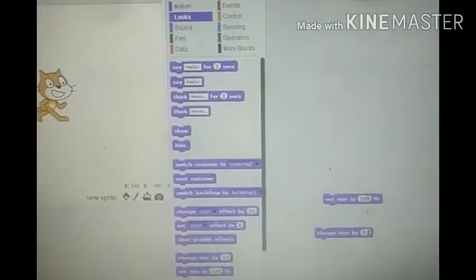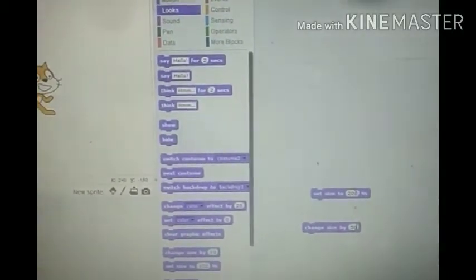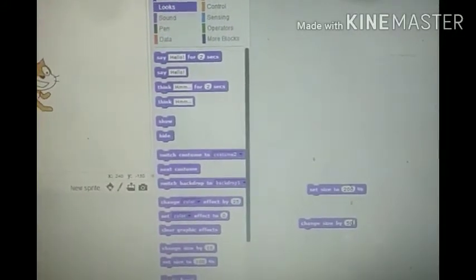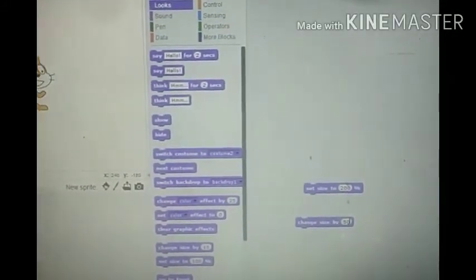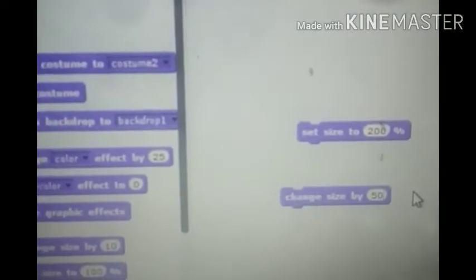So these are the methods, but it is not executing. Why? Because both are set and change commands, and they will apply when we run the program. Set size is generally used to increase the size of a sprite, giving values more than 100. To reduce the size of a sprite, give it a value less than 100. Like here we had given 200 and 50%. We can also give a negative value by passing a negative sign and pressing enter. It will apply in the negative format.